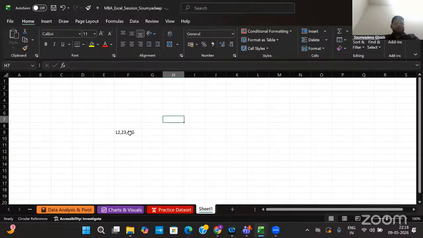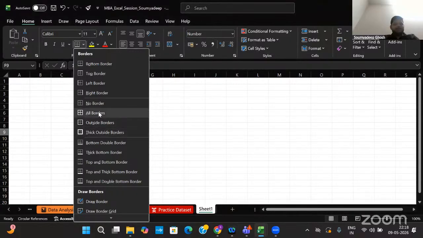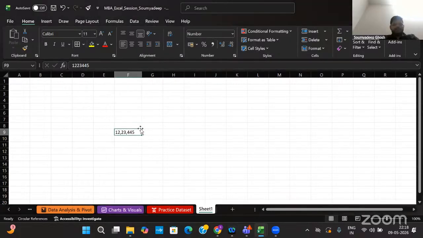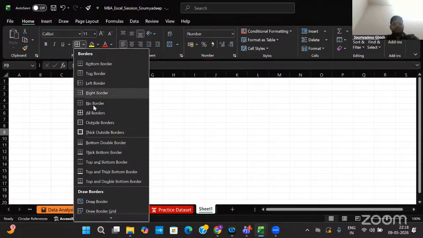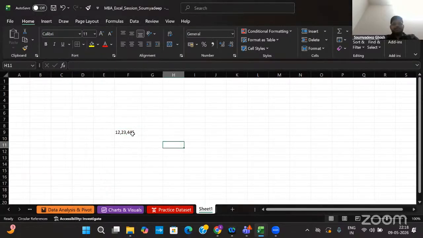Now you want to put a border to it. You have the border options. You can select any border from here, and similarly, you can remove it from here itself. But now I just want to apply a border to this particular cell by using a keyboard shortcut.